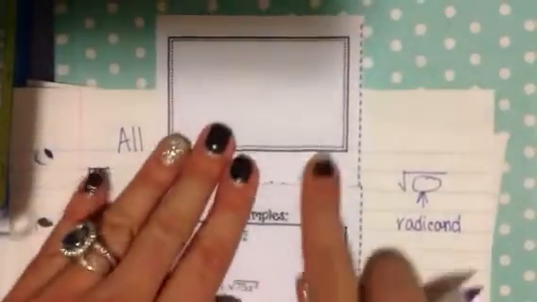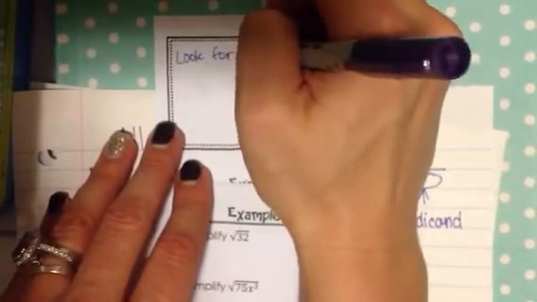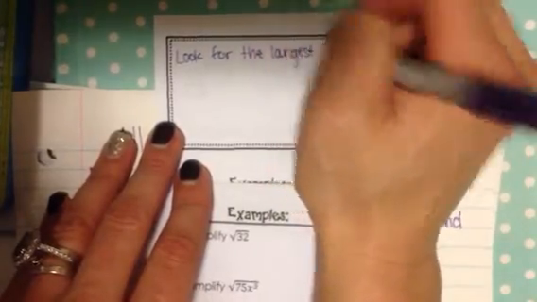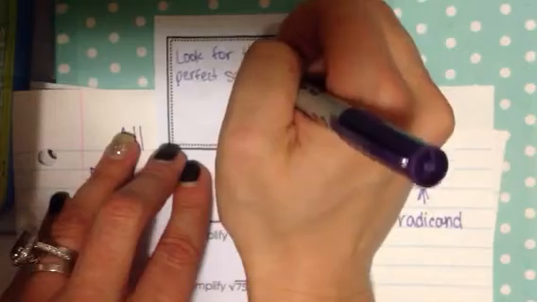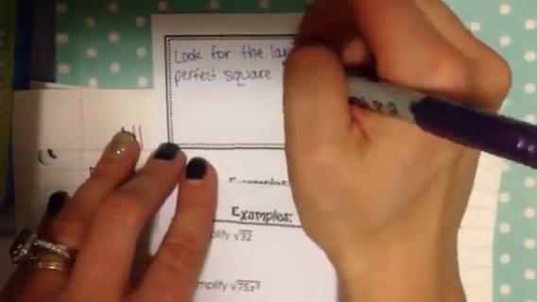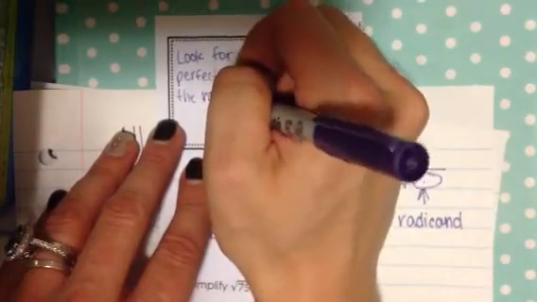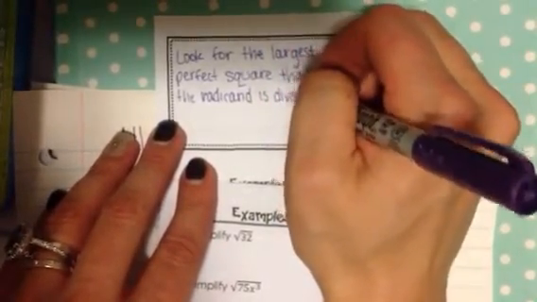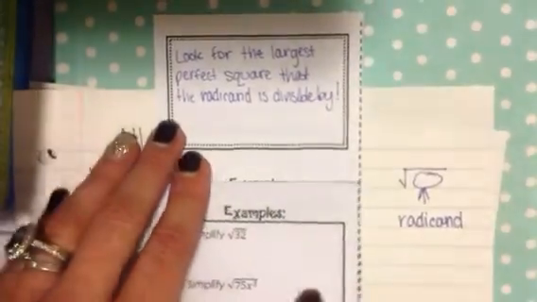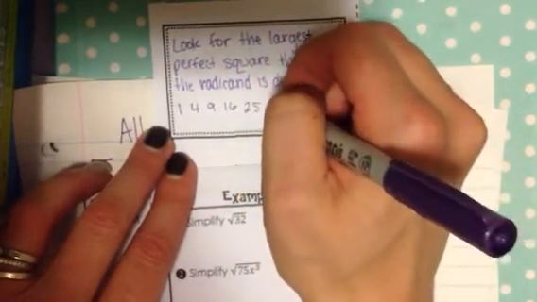Okay, so now on the inside of this flap, we are going to write that we are going to look for the largest perfect square that the radicand is divisible by. And so just to refresh your memory, perfect squares are numbers like 1, 4, 9, 16, 25, 36,